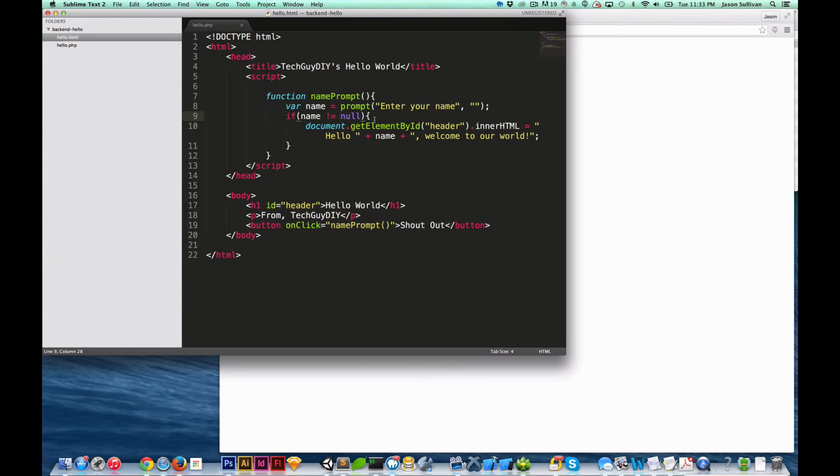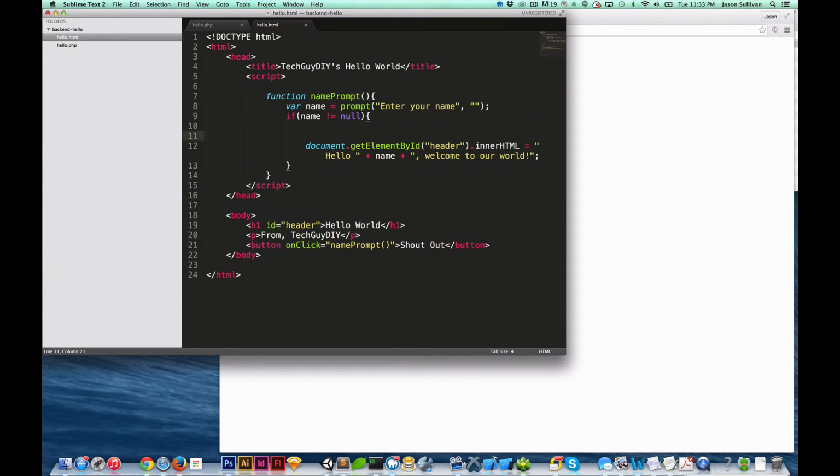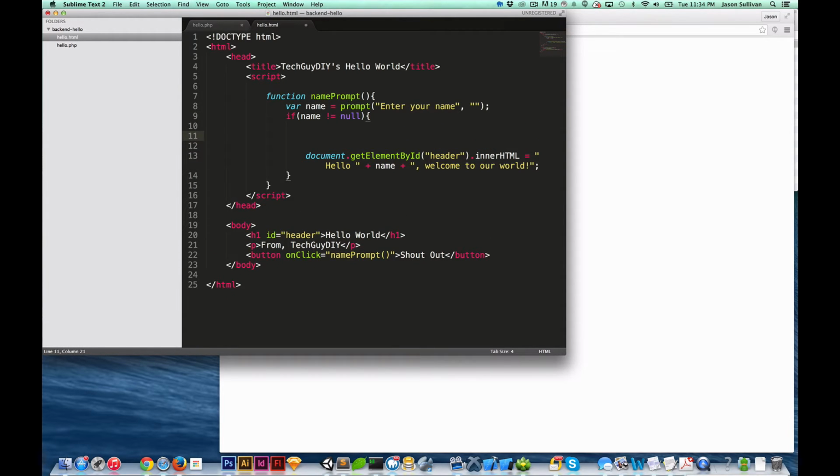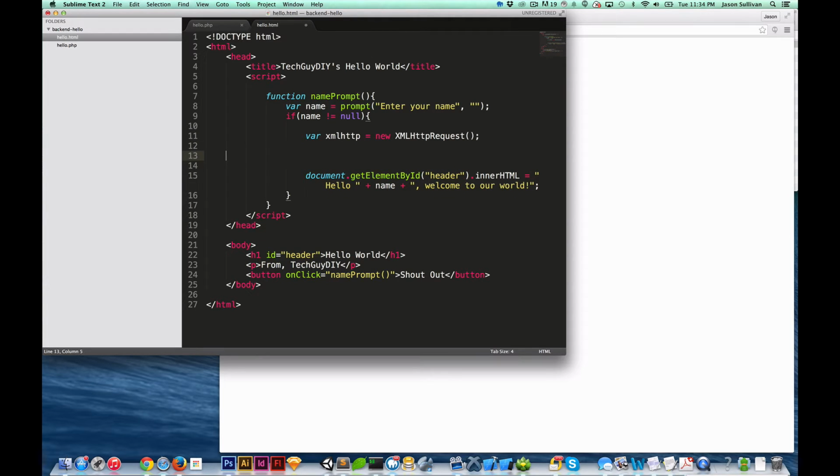So what we're going to do is manipulate this just a bit. We're going to submit an AJAX call to our hello.php. That's our front end basically doing a dynamic call to the back end for some data. So let's go ahead and set that up. We've got XML, we're going to do var xmlhttp is equal to new XMLHttpRequest. Then you're going to do